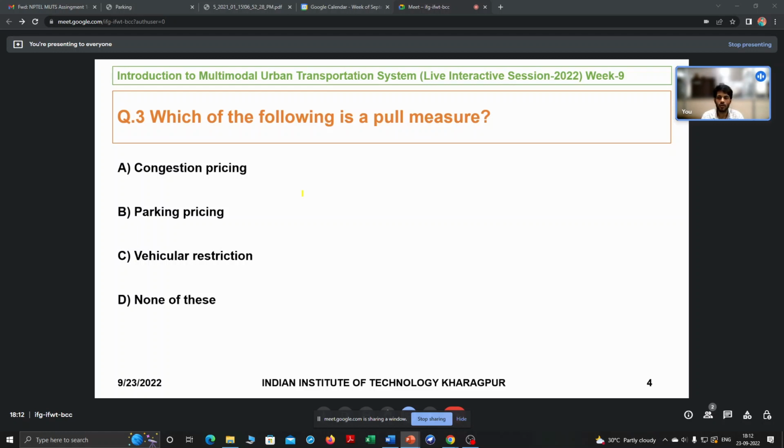Then you say that if you enter this region using a private mode of vehicle, not using a bus but using some private motorized mode of transport, in your own vehicle,